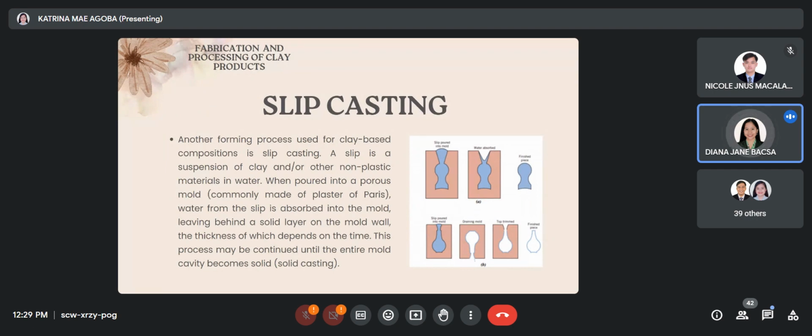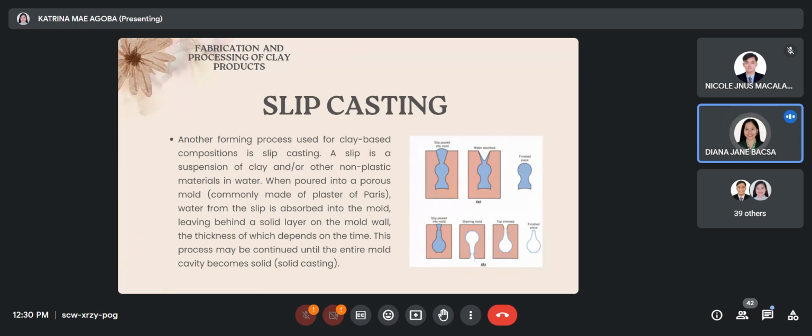A slip is a suspension of clay and other non-plastic materials in water. When poured into a porous mold, commonly made of plaster of Paris, water from the slip is absorbed into the mold, leaving behind a solid layer on the mold wall, the thickness of which depends on the time. This process may be continued until the entire mold cavity becomes solid. So as we can see in the figure,